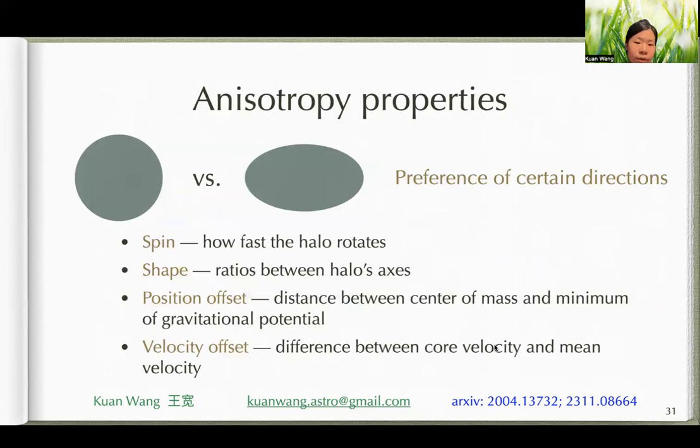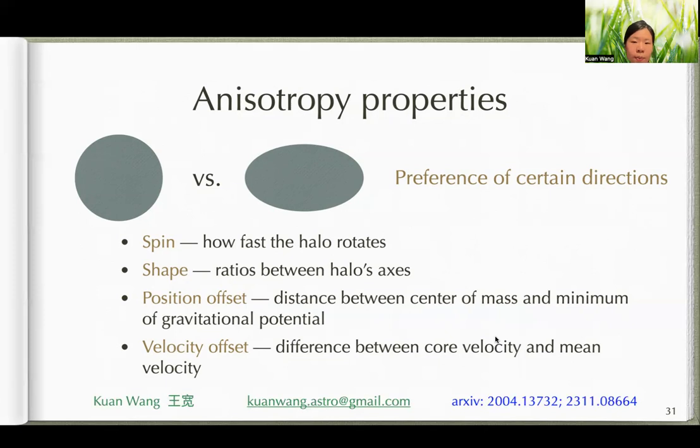So anisotropy refers to the preference of certain directions over others. For example, a circle is isotropic and an ellipse is anisotropic. We look at four anisotropy properties. Halo spin, which is how fast a halo rotates, tells us about the environment and correlates with galaxy spin. Halo shape contains information of halo formation in the cosmic web, affects galaxy formation and evolution, and is important for